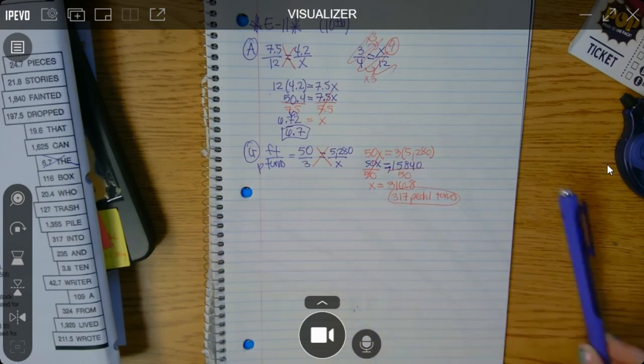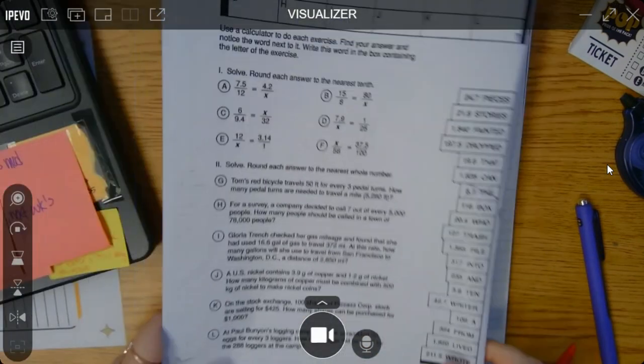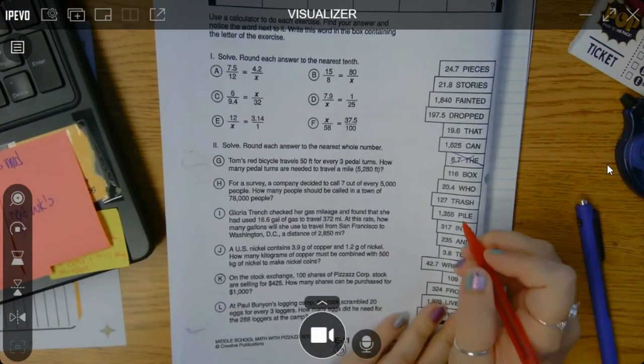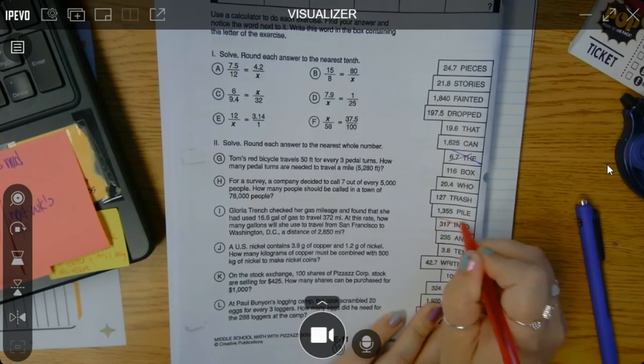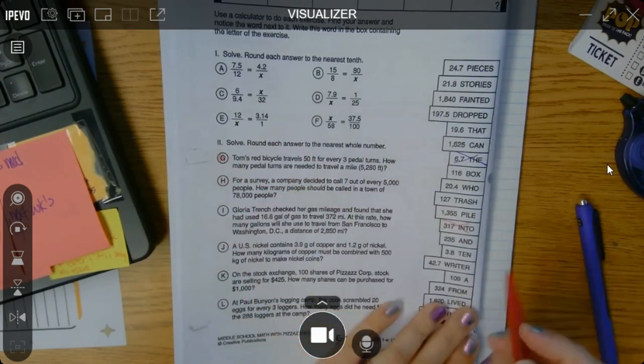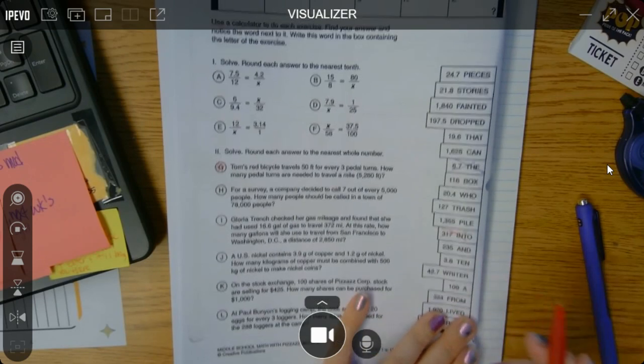So now on my paper, I'm going to find 317, which is right here. I just saw it, okay? And that was problem G. So for G, I'm going to write the word into,